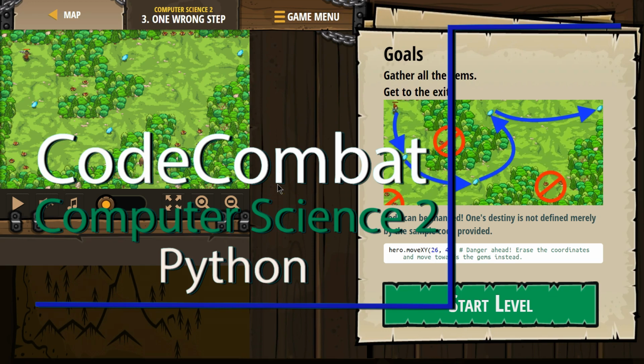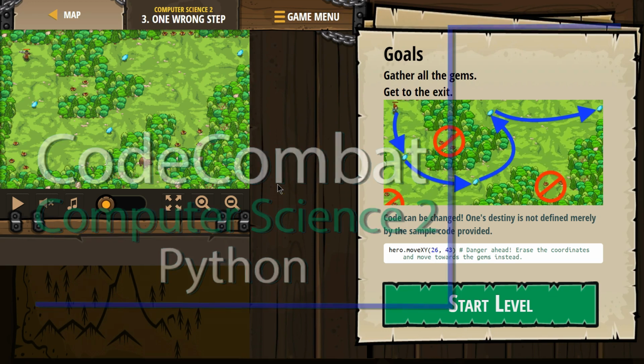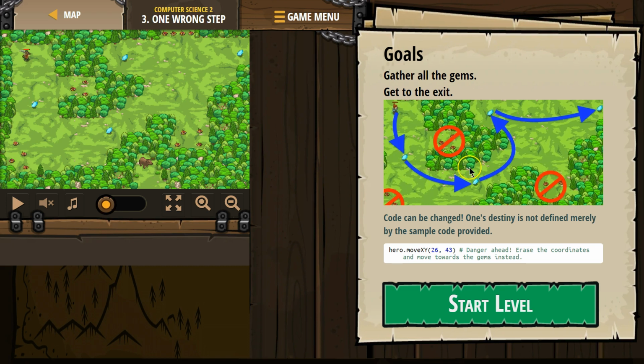This is CodeCombat. I'm working on Computer Science 2, the Python version of the course. Let's see what this level is. Goals: gather all the gems, get to the exit. Okay. Code can be changed. One's destiny is not defined merely by the sample of code provided. Hero.moveXY